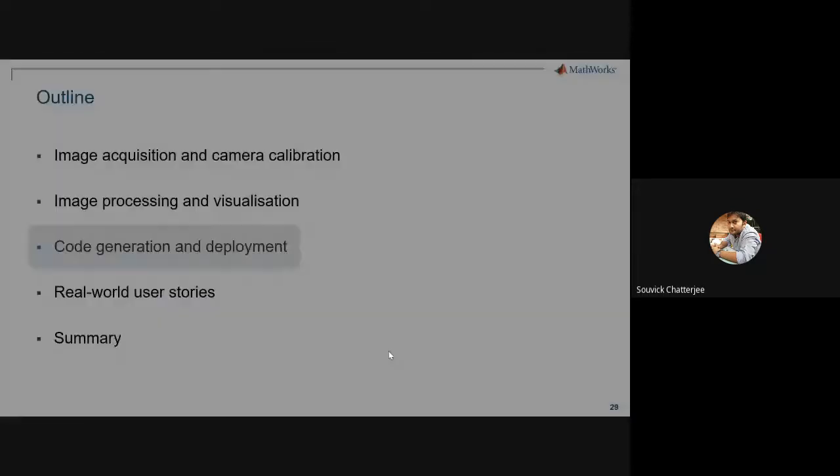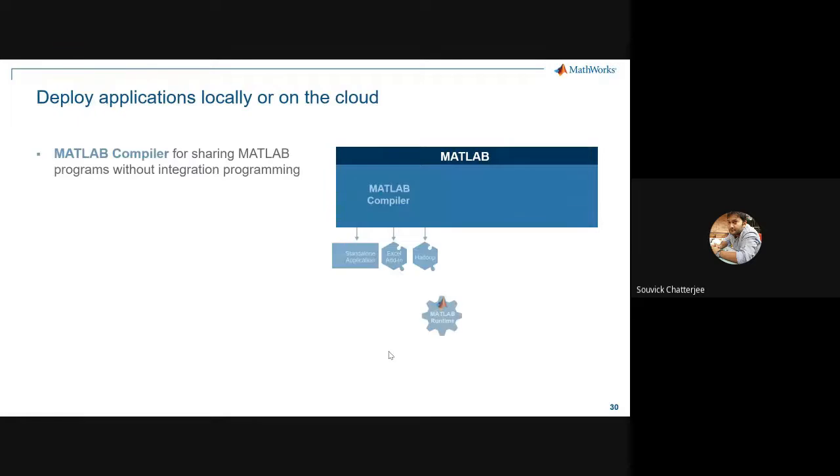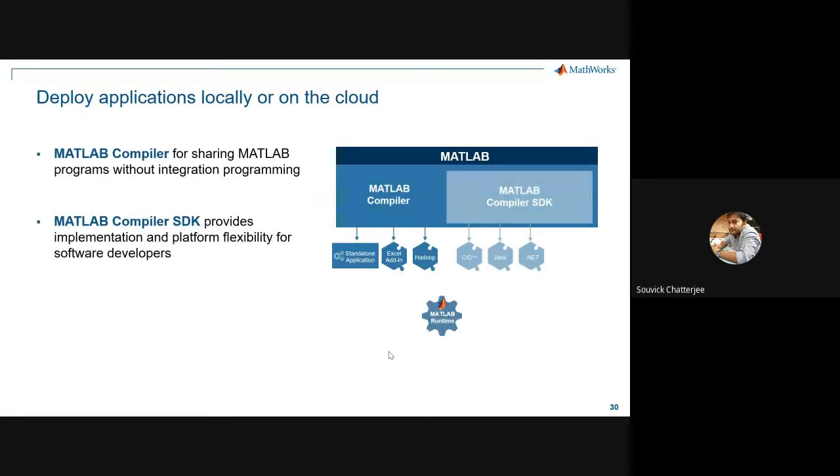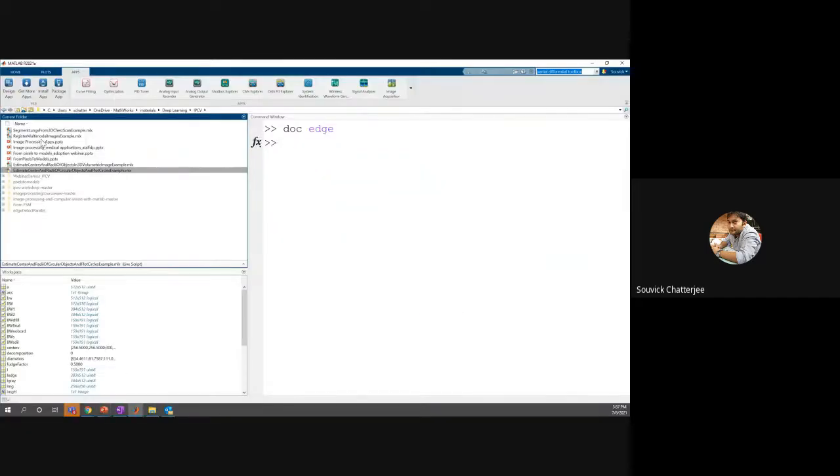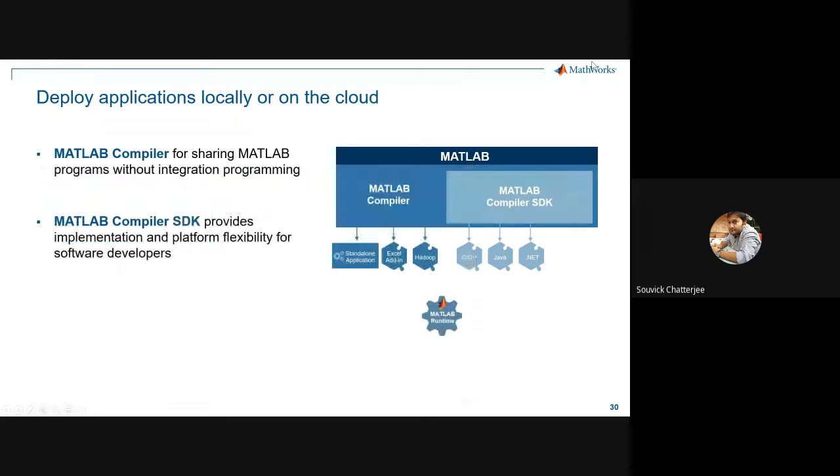I'll just quickly summarize all these things in terms of the next step of code generation and deployment. Once we are done with this image processing and everything, the next step becomes, there was one question of how do we convert to HDL code. Like HDL, you can do a lot of other things as well. You can create an app, right? In MATLAB, there are multiple ways; we talked about the apps which already exist in MATLAB, and there are a bunch of apps that you can create on your own. There is something in this MATLAB window called Design App, right? So you can create your own app. It's pretty easy. You don't have to know Java coding and stuff. MATLAB coding is fine. That app can become a standalone app which can run without MATLAB as well, so you can share it with people who can use that app.